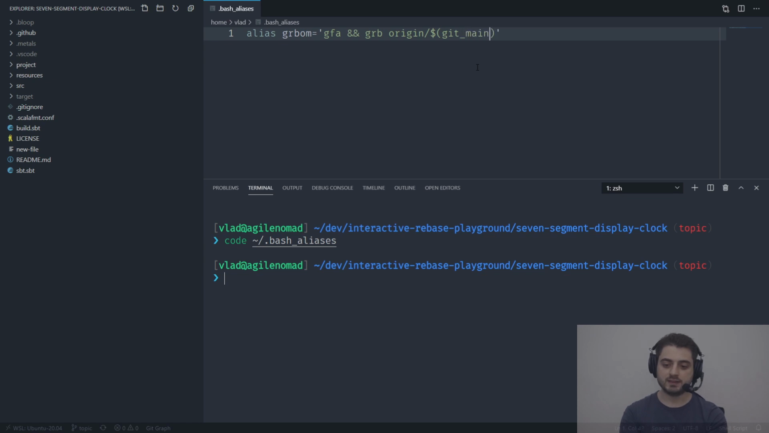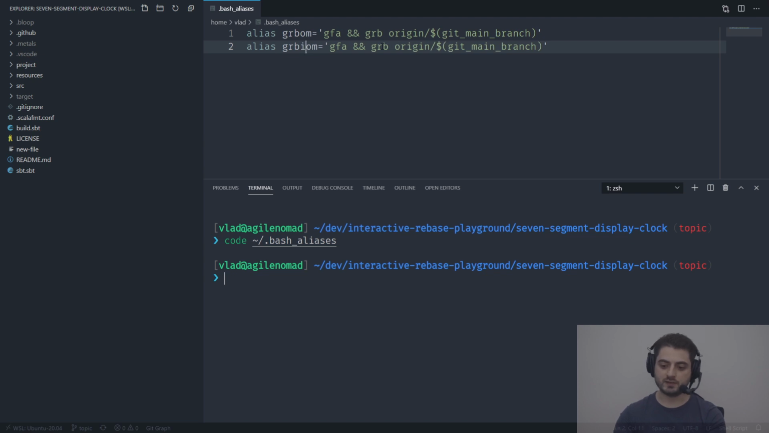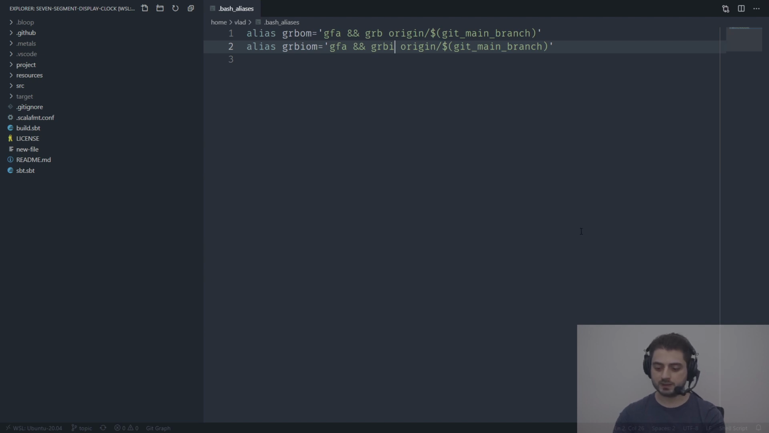Okay, so ZSH, the Git plugin brings us this function, git main branch. So we're going to copy it as well, and I'm going to also have the interactive version of this as well that we're going to use a bit later. Okay, like this. All right, so now we need to close this guy, and we need to open the terminal